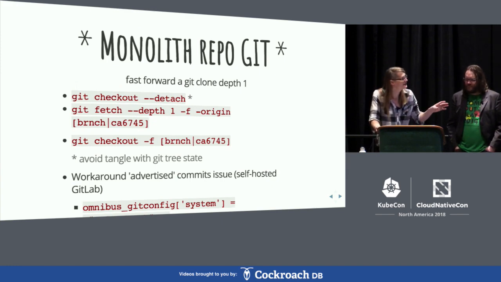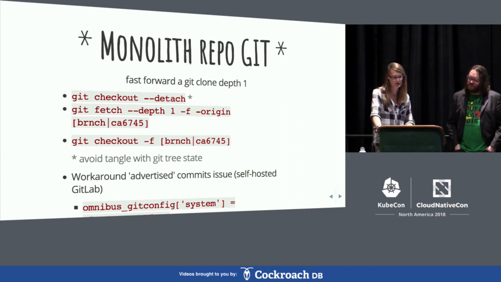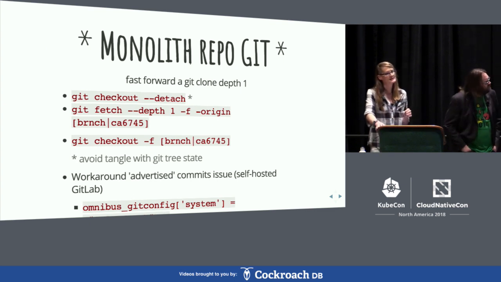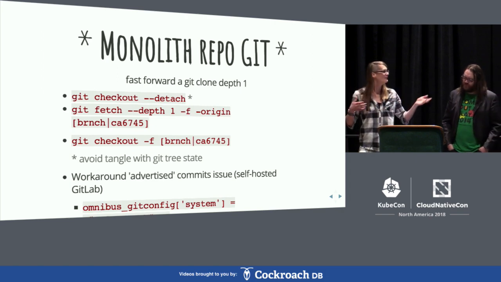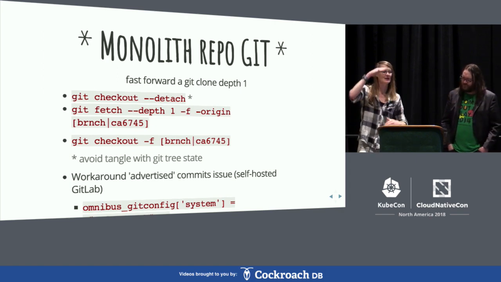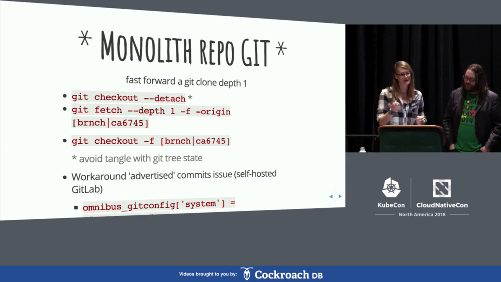Okay, so what this does, in a nutshell, is it takes that Git shallow repo. It does a checkout detach. That just kind of keeps it out of the way in case there's anything locally modified, to keep you out of trouble. And the magic here really is this git fetch depth 1, using the origin of the branch, or the commit you want. So what that does is that keeps your repo shallow, because if you just did a git fetch, it would basically fill out the entire repo, and now you've got to pay 4 minutes of penalty. And then you can just check out immediately to it.